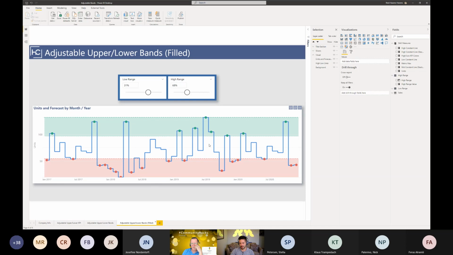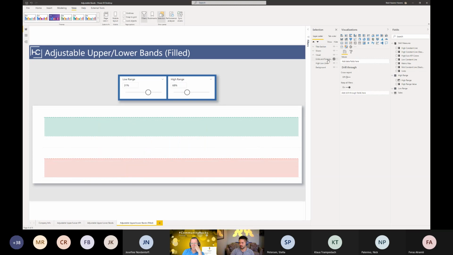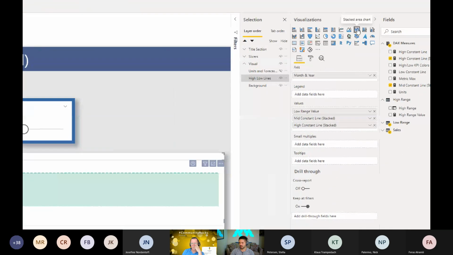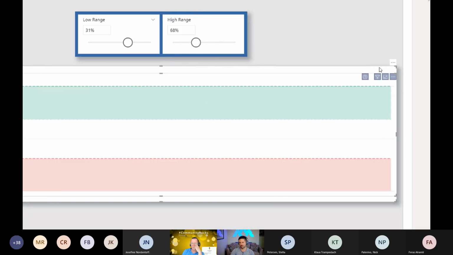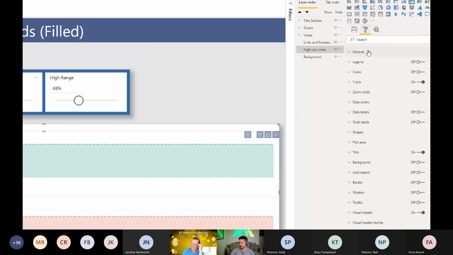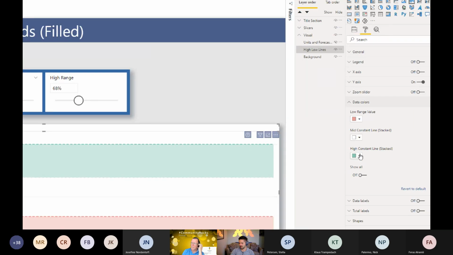What I used on this one is the area chart, but I actually had to include the middle band. So basically, there's an area chart that just shows the range 0 to 100%, and I have 3 stacked lines on here. I can show this one. That is using the area chart, and I basically have these calculated and stacked. So this returns the bottom percentage, middle percentage, top percentage, and I just colored each one individually in here.